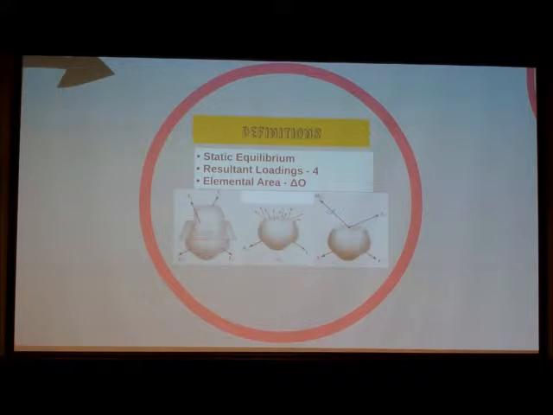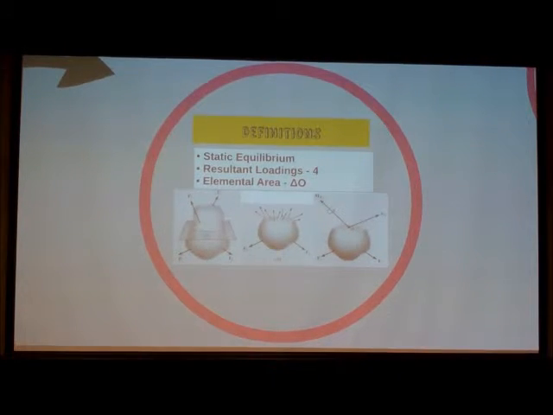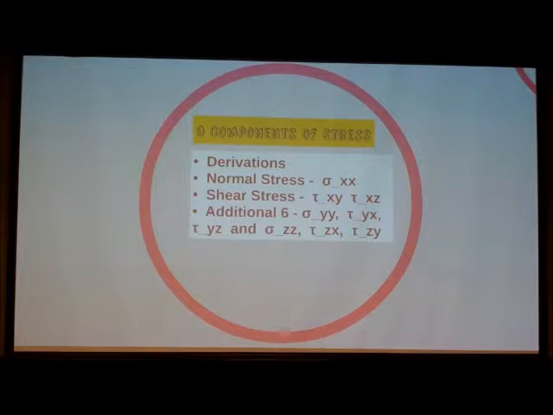So what we have here are where we took this section. The section plane here is called the elemental area, or the delta A, as it says there. There's 4 different types of resultant loadings. There's the normal, the shear, the torsional moment or torque, and then the bending moment. So the 9 components of stresses we